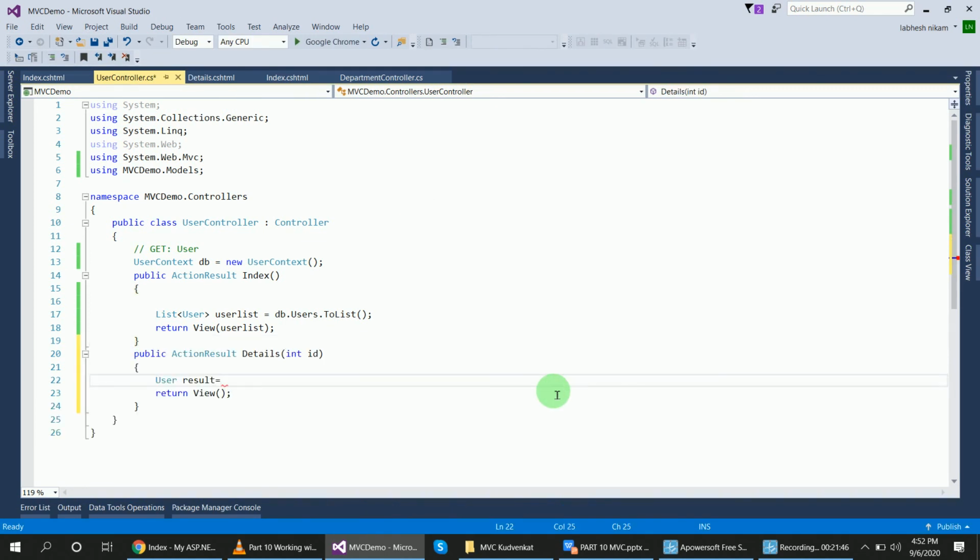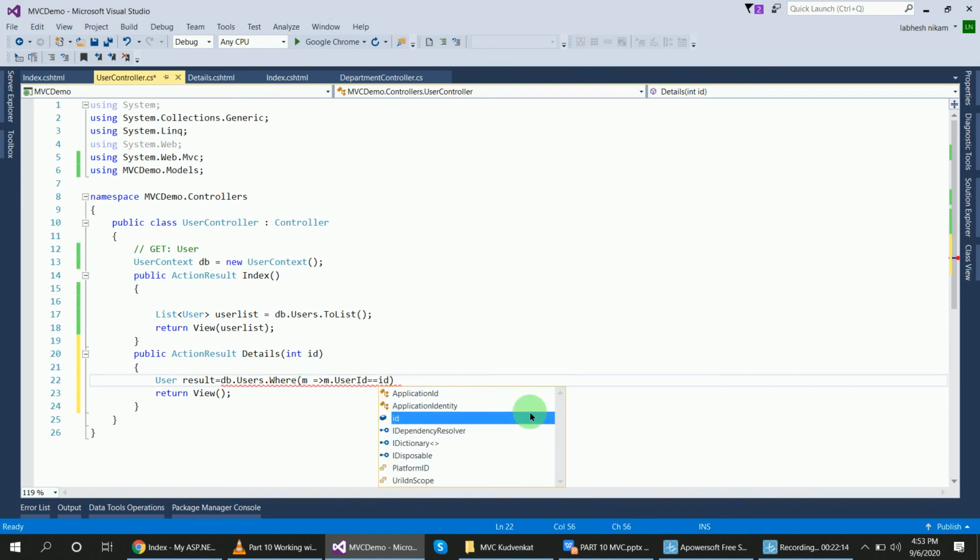So for the detail list of the user, inside of user controller, I will make one public method. So user result equal to db dot users dot where, and lambda expression, suppose m equal to m dot users user id equal to the passed parameter id.